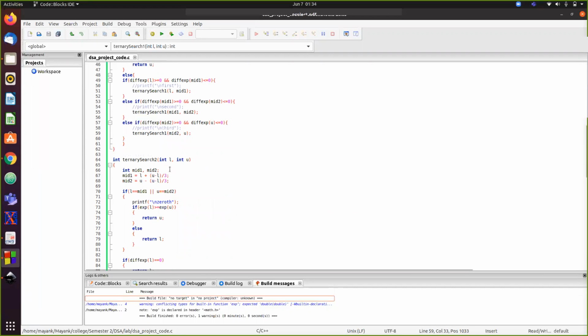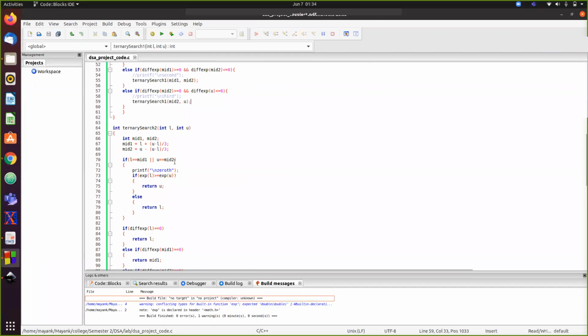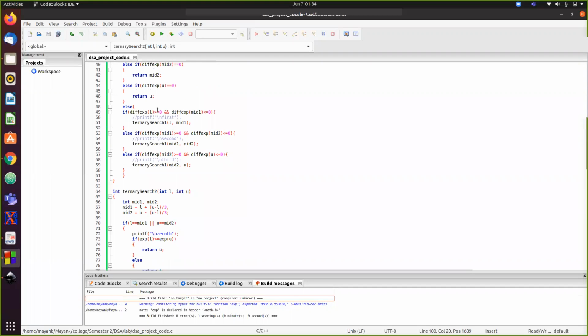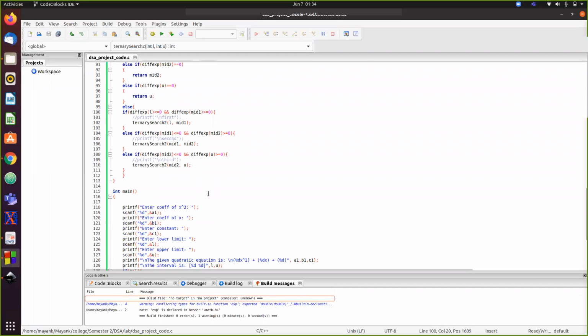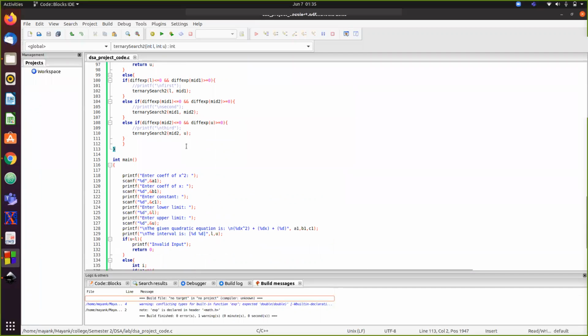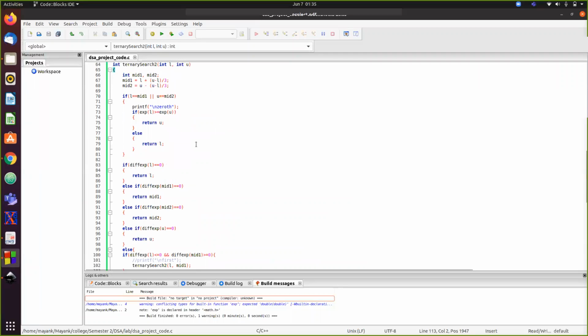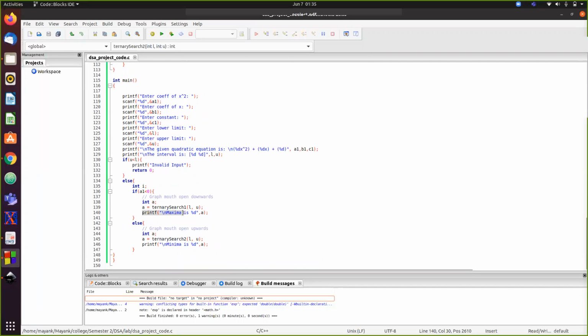Now, ternary search 2 does the exact same thing, but the only difference is that since we are talking about the minima here, we are going to change the sign. That is, from greater than here, it will be less than here. Because if we talk about it logically, the shape of the graph is being changed. The mouth of the graph, in one case, is opened upwards. In the other case, it would be opened downwards. So this is basically the code, and through recursion it would lead us to one point that we are going to print out using these statements.